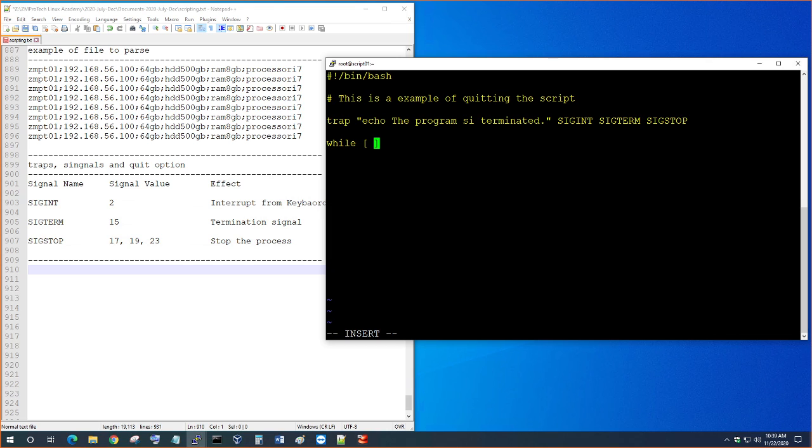I'm going to say $choice is not equal to Q, and $choice is not equal to uppercase Q. So this is like a boolean here. It's going to do some boolean. So do